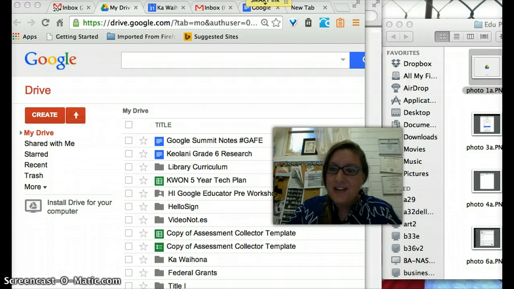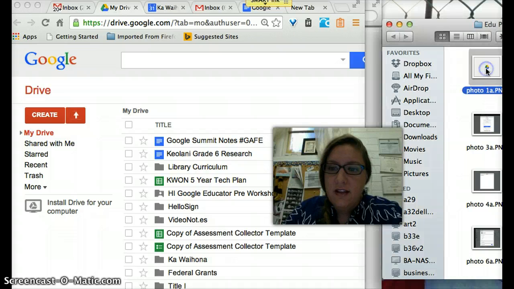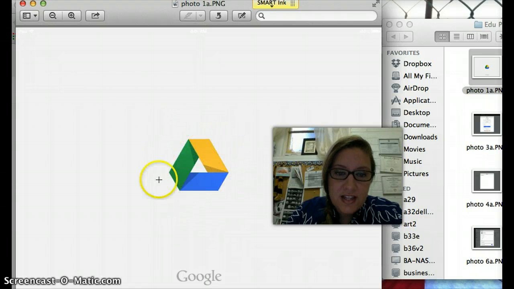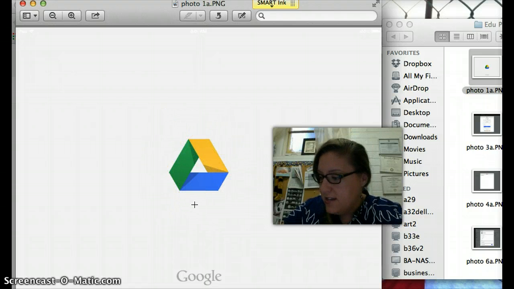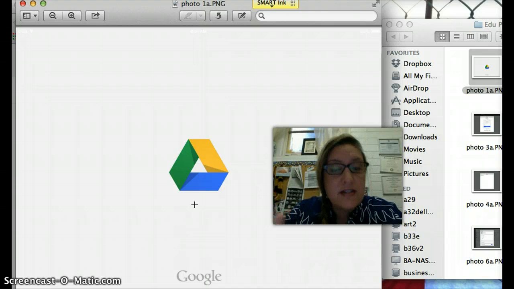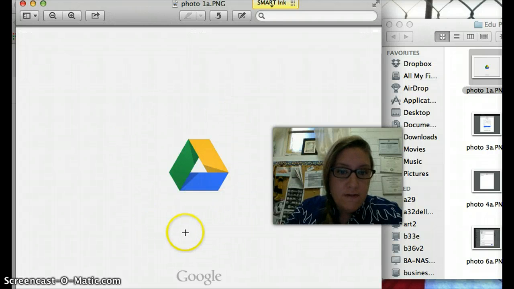Okay, now that we've got that covered, here's what you're going to do. On your iPad, you're going to see an application that has a picture that looks like this. And underneath it, it says Google Drive. You're going to tap on that. Now don't worry, you don't need to remember all this. There's an anchor chart to help you remember everything I'm going to tell you. So you're going to open Google Drive,